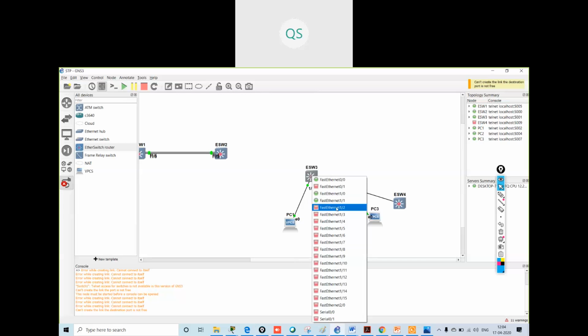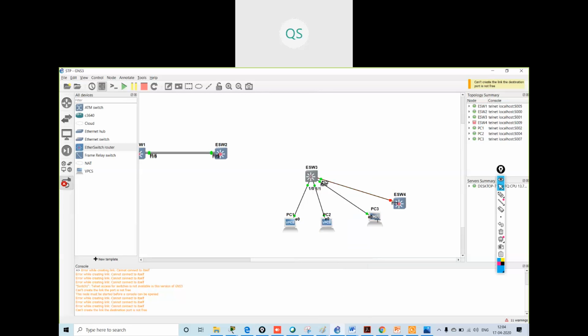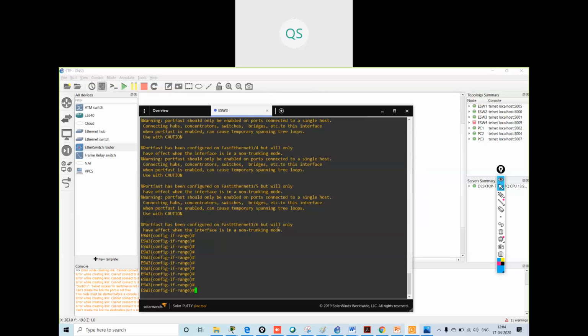Spanning tree will not run. I have to power on this switch. Once I power on this switch, the port should go into errdisable. Okay, I have not configured the BPDU guard.